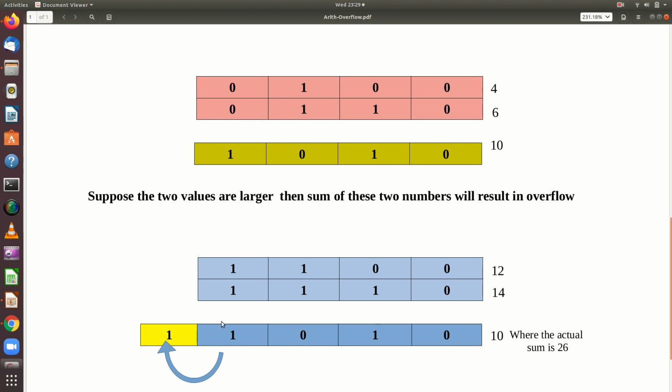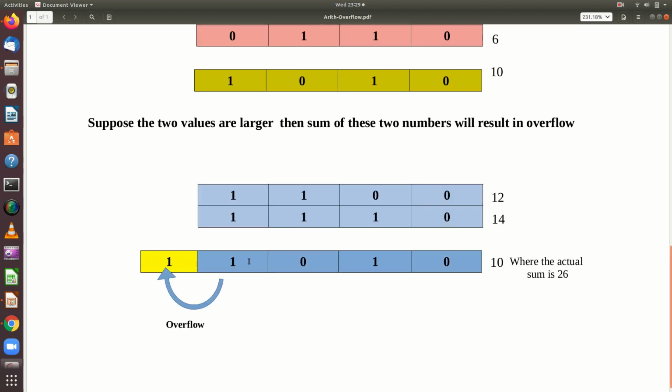So what happens? The result is not 26. Your actual sum should be 26, but here the result shows it is only 10. Why? Because this is what you call the overflow problem, or arithmetic overflow. So, in your C# programming, if you have this kind of result happening, you need the information to be intimated to the end user. If so, I can use the checked and unchecked context. Let us go back to the slides.